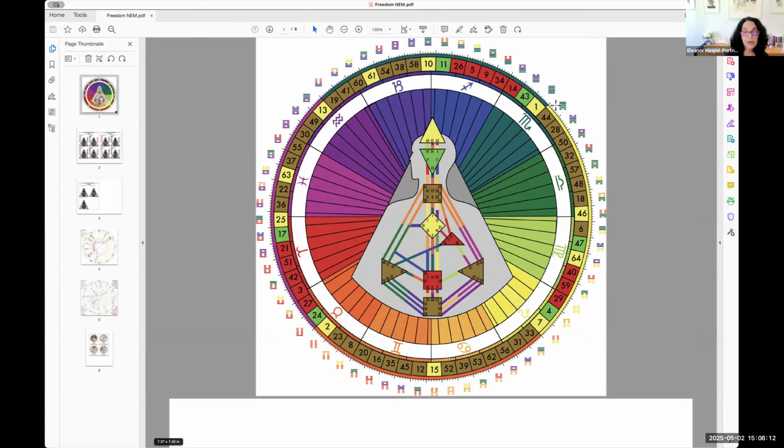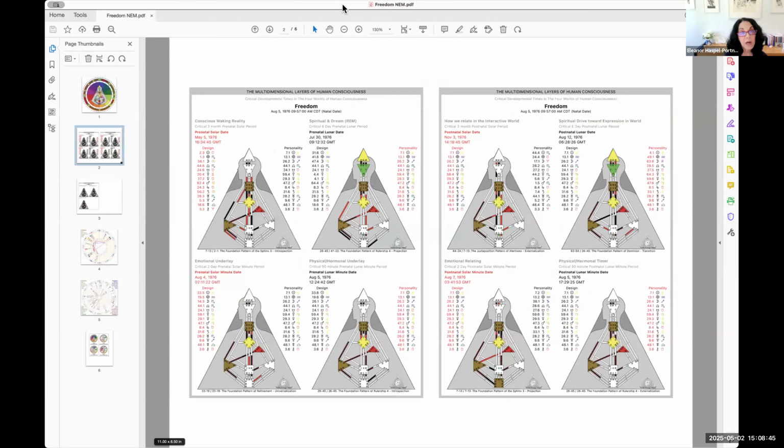So I show you that because it's showing that there's basically half the wheel, the sun moved, and half the wheel, the earth moved. So by the time a baby, any baby, is 3 months old, every cosmic energy in the mandala has been imprinted into their energetic aura. And when I was given by Ra the designs, the human design chart, which